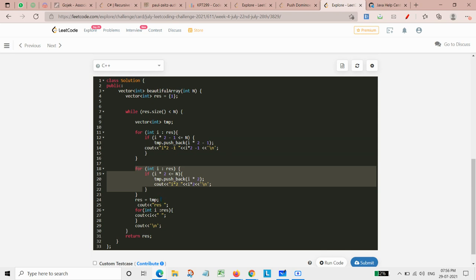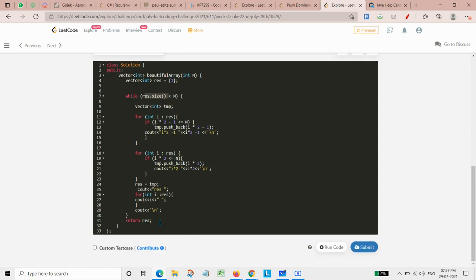After that, we need to simply push this temp into the original result vector so that our result vector has a new size, and then again our elements can be calculated until we have a vector of size equal to n. And at the end, we simply need to return this result vector. So this is how we will be implementing this in C++.